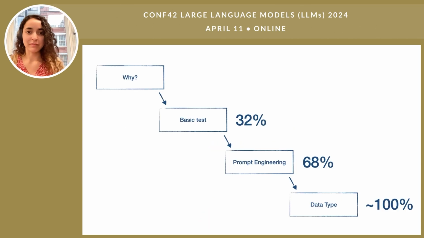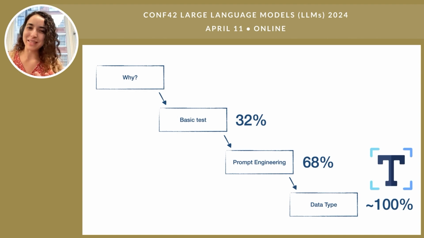Okay, great. So we seem to have resolved it all. OpenAI is a great anomaly detector. It can go up to 100%. That's amazing. But is it really? We've said that this is in the case of textual data. Now it's not that far of a stretch to say that most of the data we handle on a day-to-day basis is numerical. It's in the financial industry, in healthcare, in so many industries, most of our data is numerical. So even though OpenAI is really good at detecting anomalies in text, we can't forget all the other data that exists out there. So what do we do in the case of numerical data?